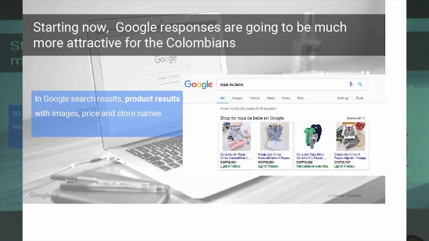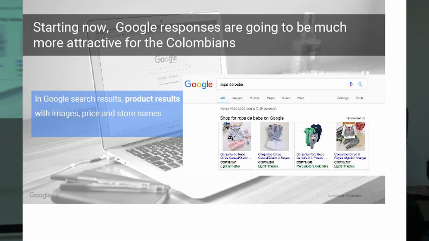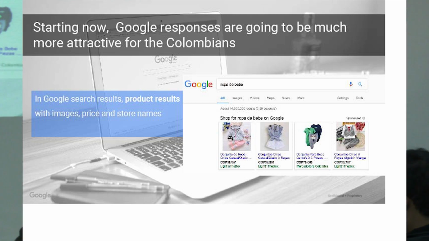If you look at how shopping ads are generated, right? Instead of just text, you have a nice image showing the product of what you're selling. You have the title describing that product. You have the price, which is obviously a key decision factor. And then you even feature your store here.